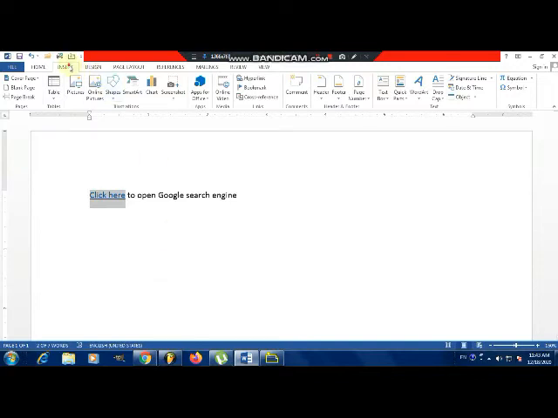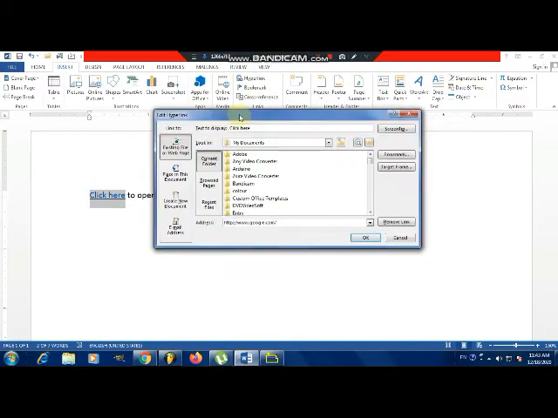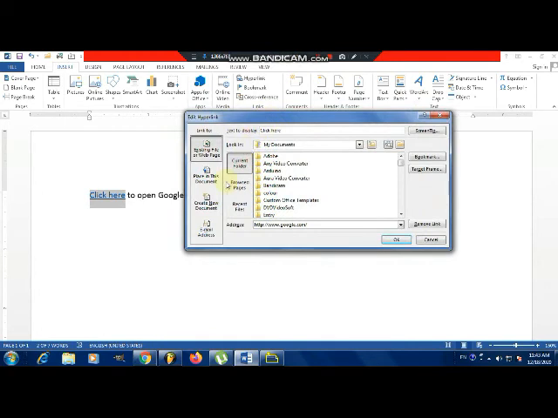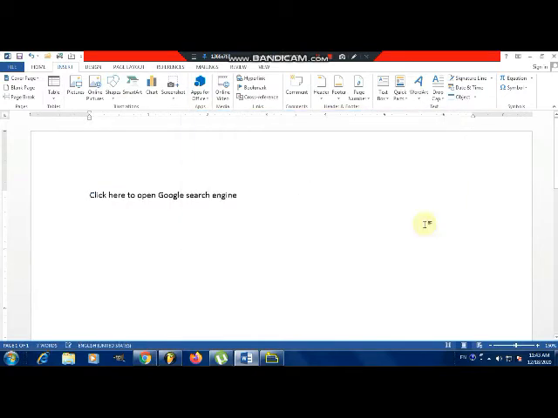At the end you have to click Insert, then from Insert you have to call Hyperlink. When you click Hyperlink, the Edit Hyperlink dialog box will open. Then you have to click Remove Hyperlink or Remove Link. When you click on it, it will remove the hyperlink, or it will cancel the link with that web page or with that program.